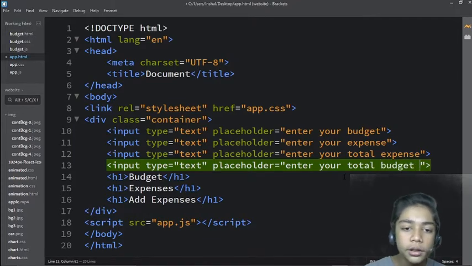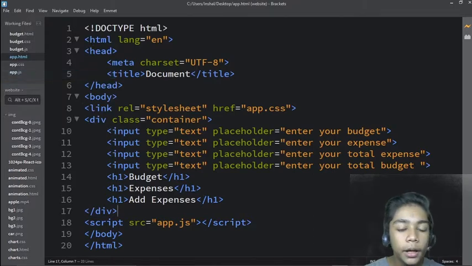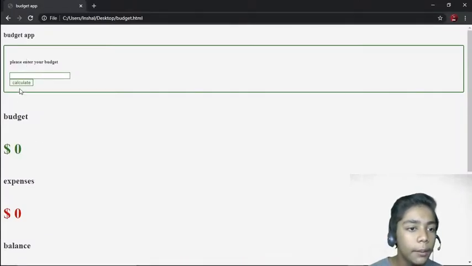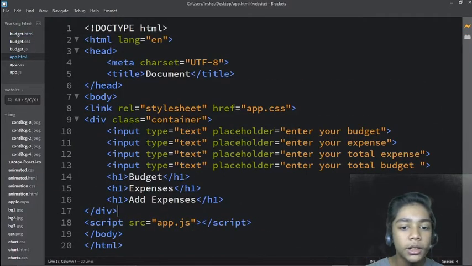Now when you've done that, you have to do it like that. Now here we have just done till over here. Now I will hit save over here, because now we have to do like that. And now here I will do one thing. If I go to budget.html and go to Google Chrome, here you can see it is written budget app. Please enter your budget. So I will come over here, and here I will go to my app.html.